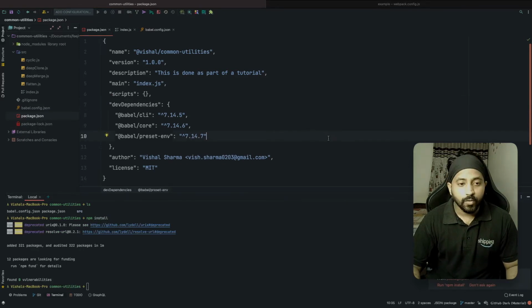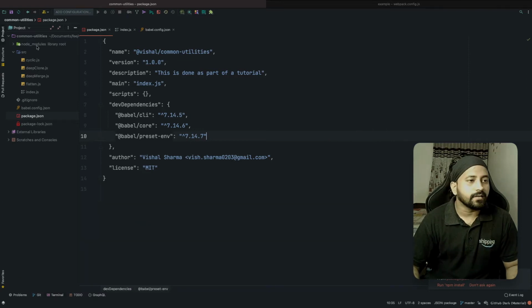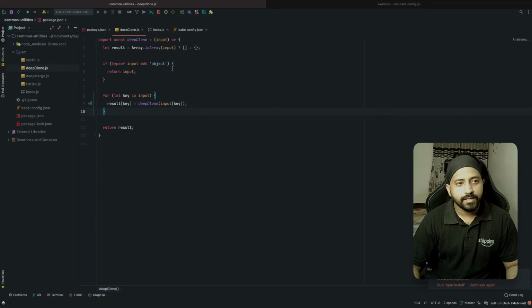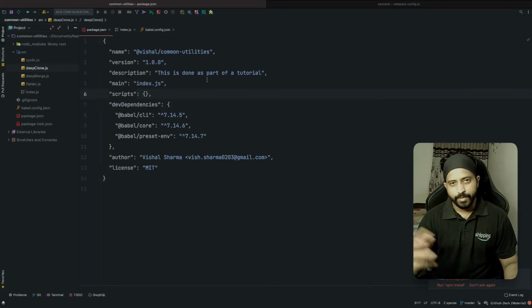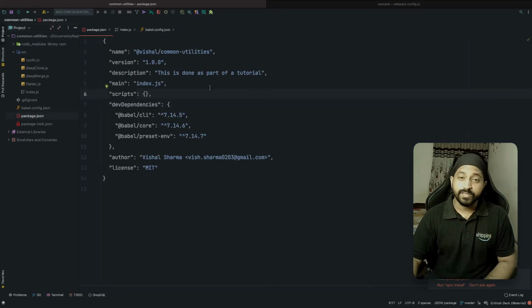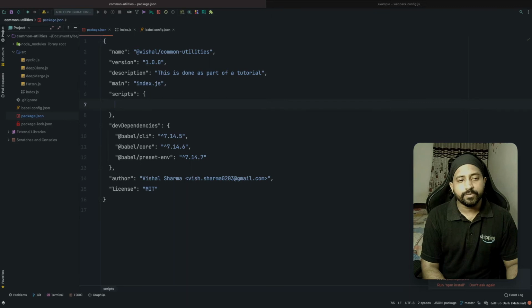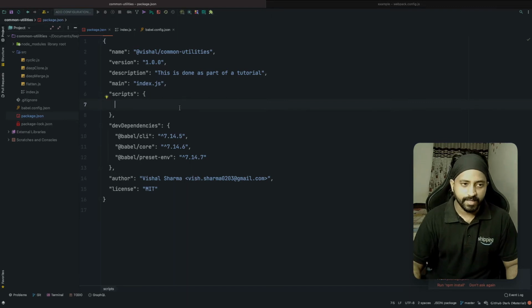Once my packages are installed, you will see a node_modules folder created here, so that's fine. But the code that I've written here is all written in ES6 format, right? So before shipping my library out, I want to transpile this into ES2015 syntax. So in my scripts, I'm going to use Babel to transpile this ES6 code into ES2015.